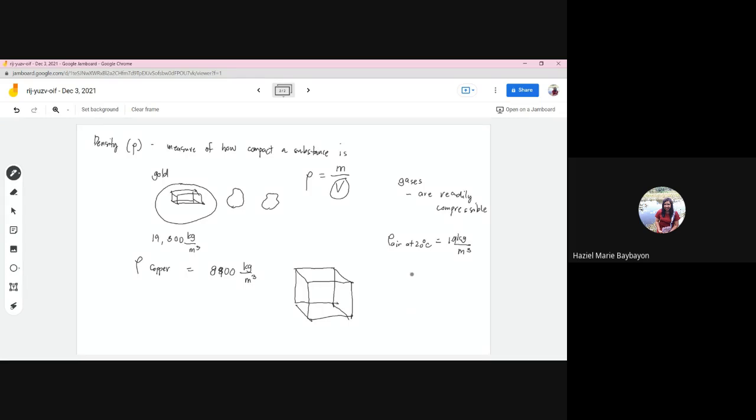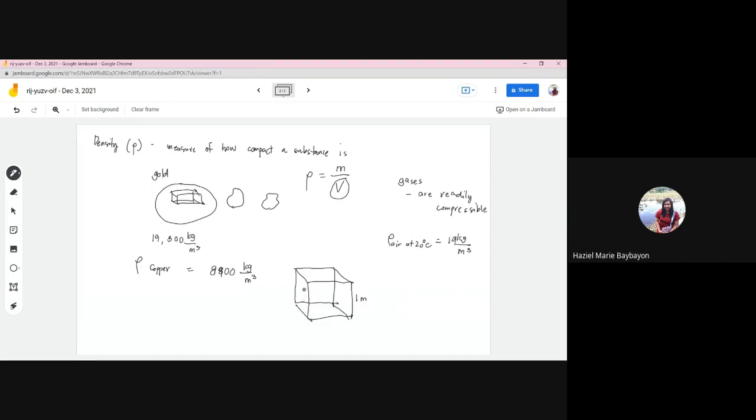Okay? And then if this box is gold, so a box, a cube that is 1 meter on each side, if you fill this with pure gold, a gold cube, then its mass is 19,300 kilogram. Or if this material here is copper, and its volume is 1 meter cube, then the mass of this material is 8,900 kilogram. So, you can